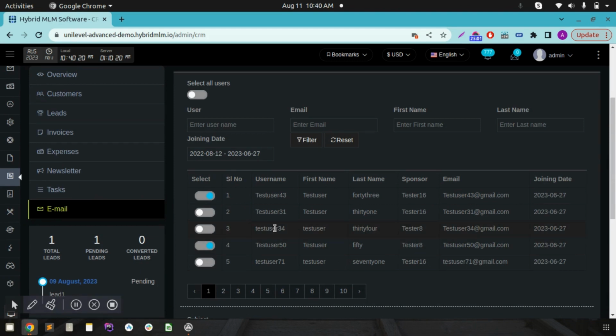The admin can view all the customers in the system and can send emails to each user or all users in the system